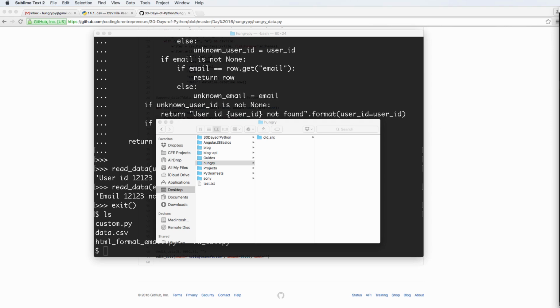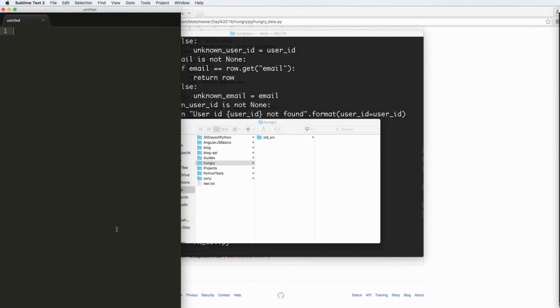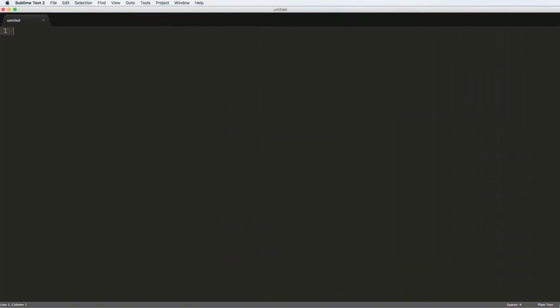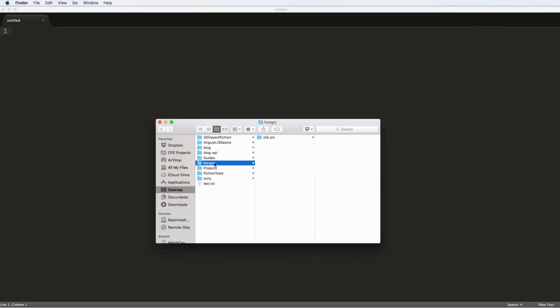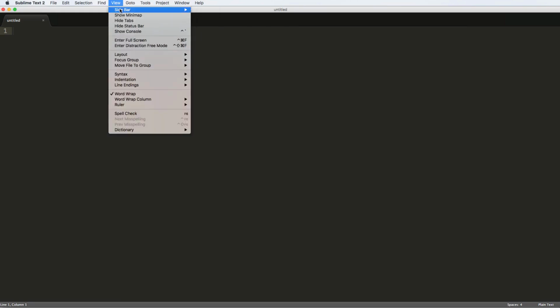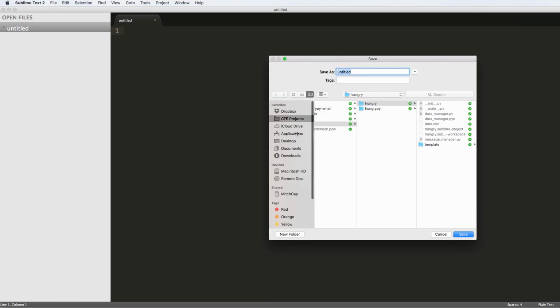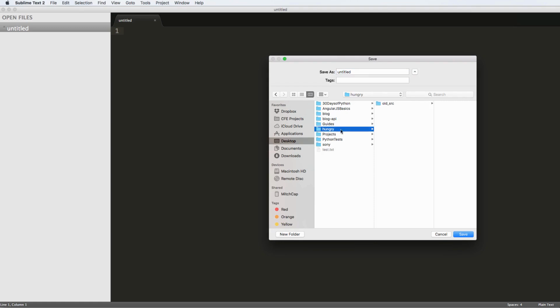I'm going to open up a new window here. And we want to use this window because we're going to be creating a couple files and turning this hungry directory or folder into an actual Python module. So now I'm going to make sure I can see the sidebar here, so view sidebar. And I'm going to save this file with Command S or Control S, depending on what computer you're on, going into the desktop, going into Hungry,